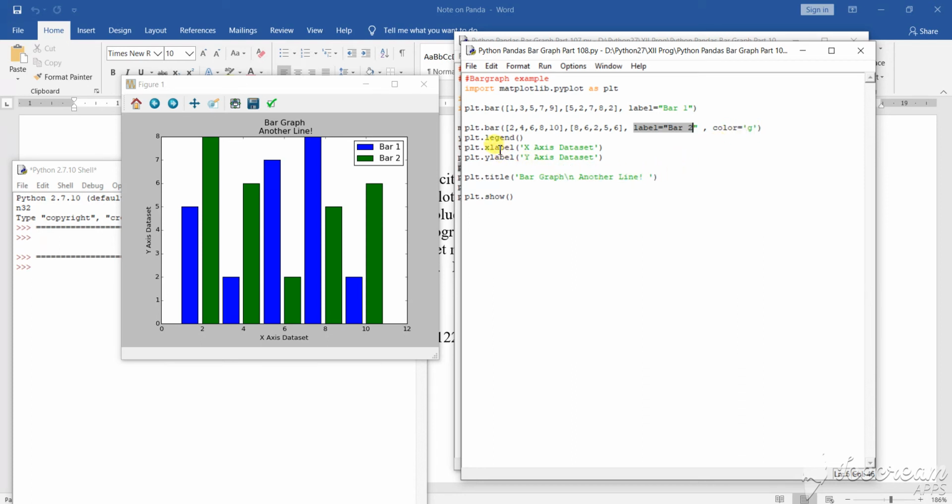Next, what you find is that I have called a legend. If I don't call this legend, you will not see this thing. So this is what the legend does. Next you find the x label, the x axis data set. Next the y label: I have given the y axis data set. After that I have also given the title. So every detail, every part as per your requirement of creating the graph, I have specified here.